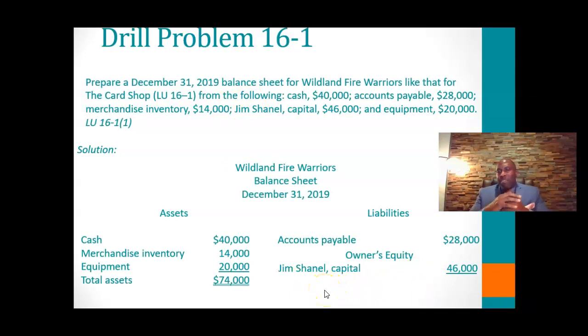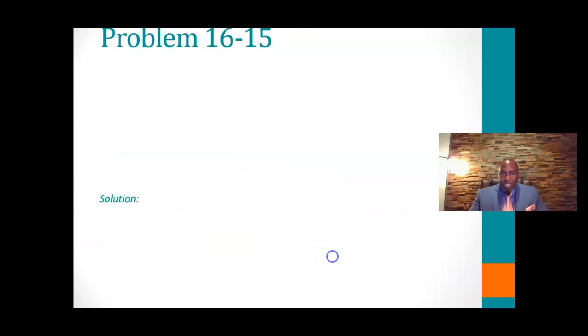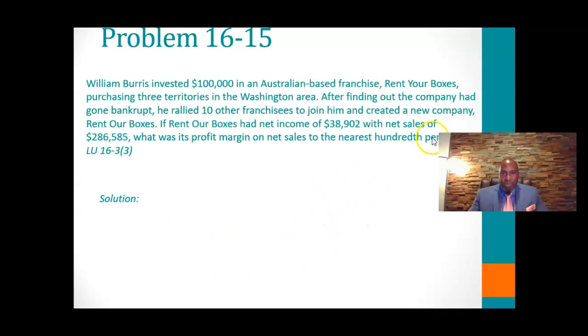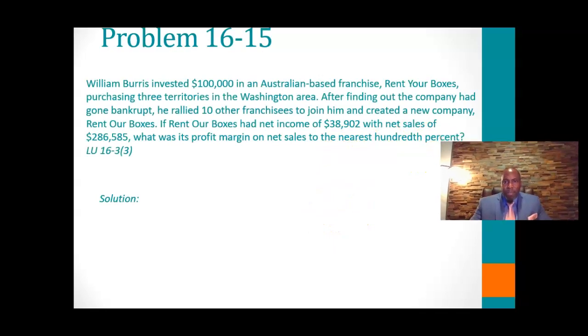Now the balance sheet must do what? It must balance. When you add your liabilities plus owner's equity together, they must equal your total assets, and they do. Both sides total $74,000. You've now prepared your first balance sheet in our course. Congratulations. Next, we're now going to prepare